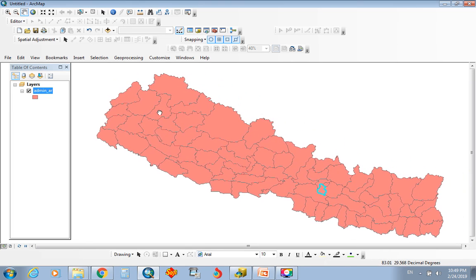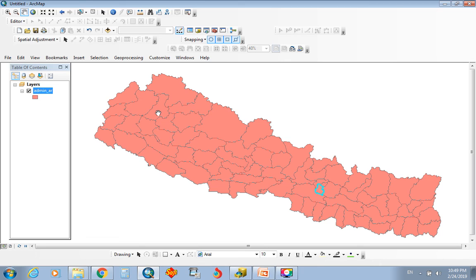So we see the same data in the ArcCatalog and ArcGIS interface. In the next video I will show how to create a geodatabase. Now you know how to explore spatial data, but in the next video you will know how to create a geodatabase, how to load spatial data into the geodatabase you have designed, and how to add a table into the spatial data. And in ArcMap